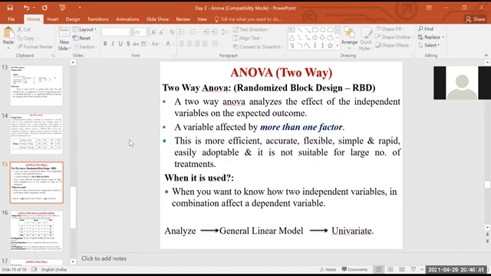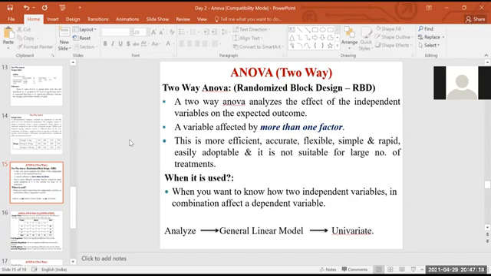For example, take gender. In gender, you have two categories, male and female. Then you want to measure their outcome or their performance. Performance depends upon the category of the employee, like lower level, middle level, or higher level employee, or performance depends upon the experience: below 5 years, 5 to 10 years, 10 to 15 years.